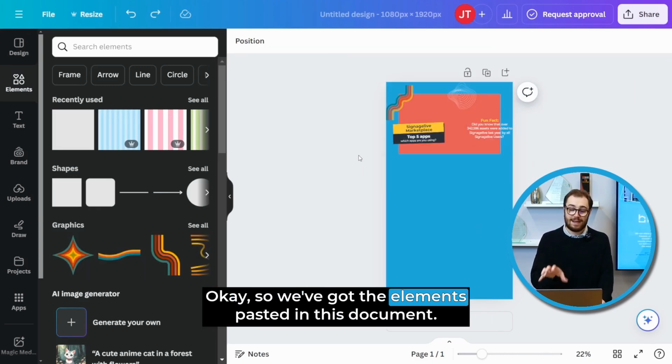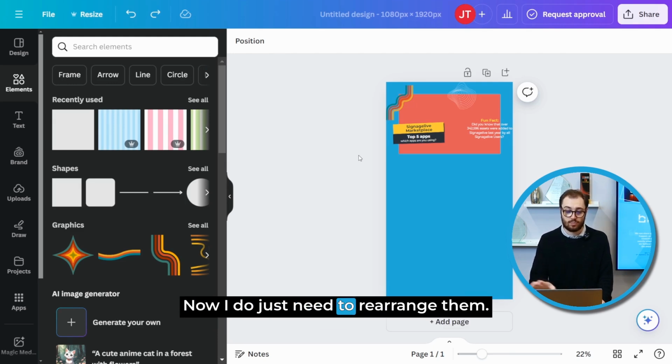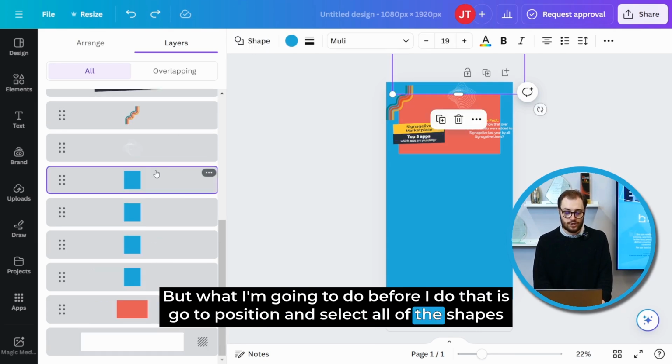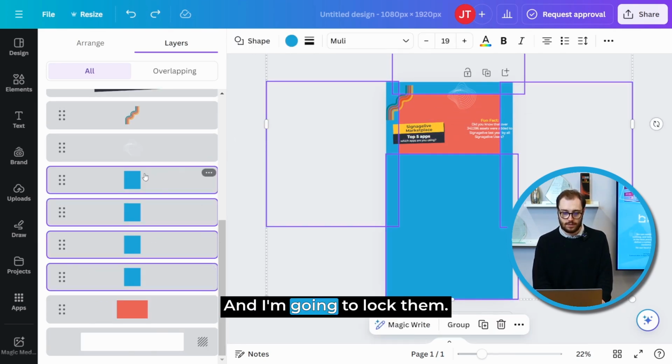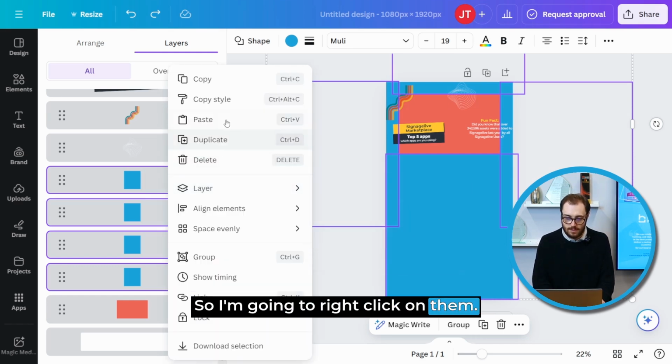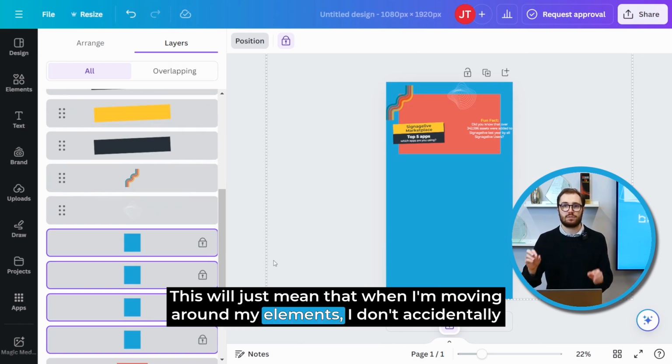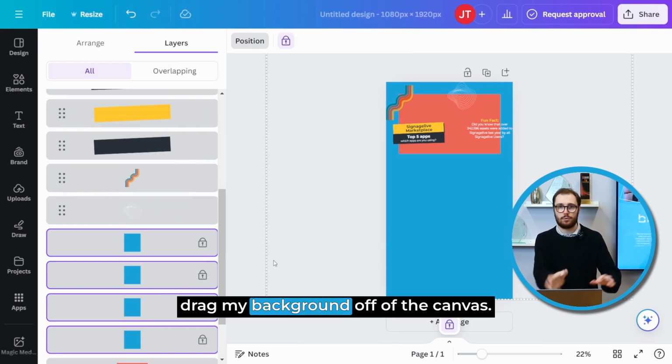Okay, so we've got the elements pasted in this document now. I do just need to rearrange them, but what I'm going to do before I do that is go to Position and select all of the shapes that are making up my background, and I'm going to lock them. So I'm going to right click on them and go down to lock. This will just mean that when I'm moving around my elements, I don't accidentally drag my background off of the